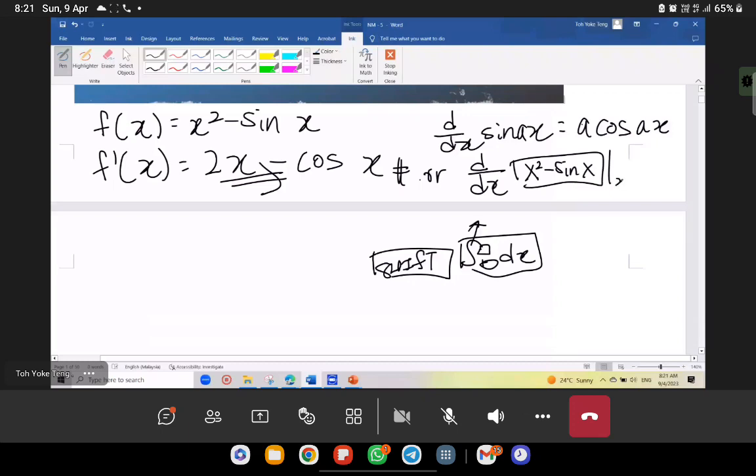We just insert the alpha x here, so you are going to get the derivative of this one. Okay, but for me, I just do it manually. If you use this one, remember to write down the manual working if you are able to get it. If you are not confident with the derivative, maybe you can use the built-in functions in your calculator. And then for the Newton-Raphson method,